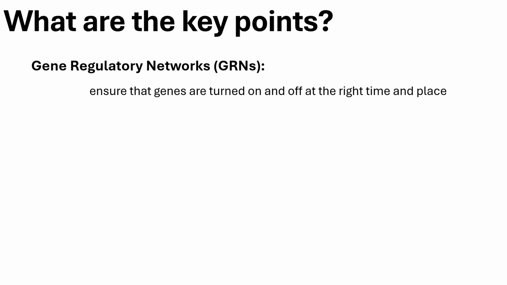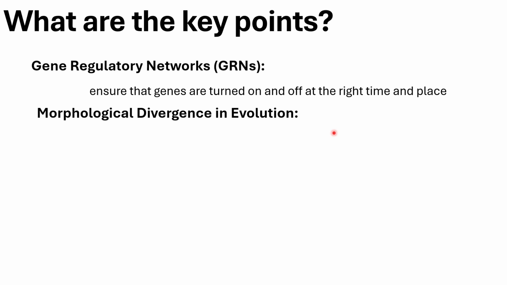So for the gene regulatory networks, these are the genes that should be turned on and off at the right time and the right place. It's the one that dictates, for example, that in this specific organ it should have three lobes, two in the left, one in the right, or something like that. So these are basically the recipe of how organs are formed and where specific tissues will be forming and which specific cells will be differentiating in specific layers and structures.